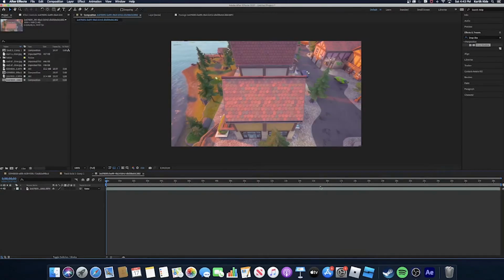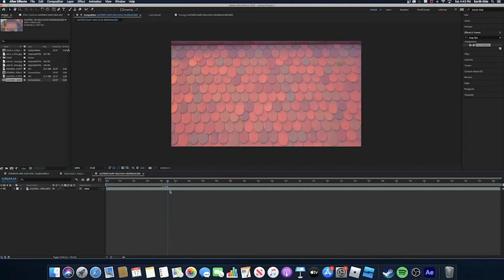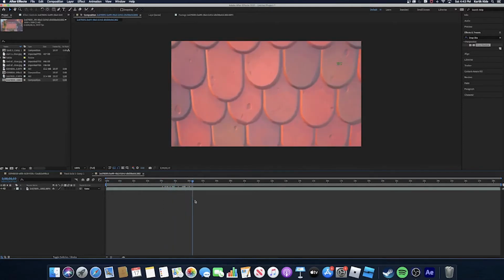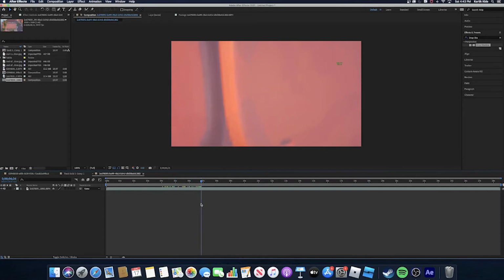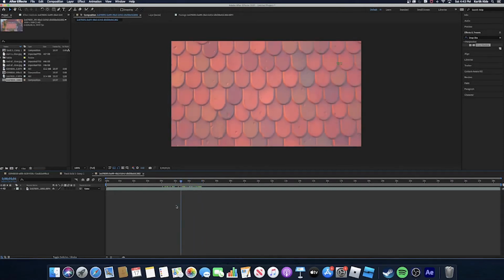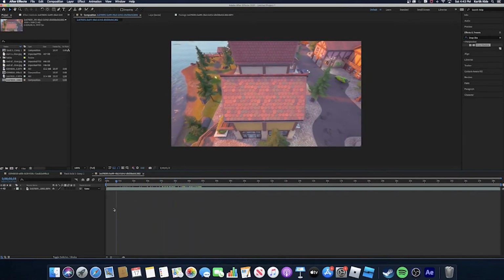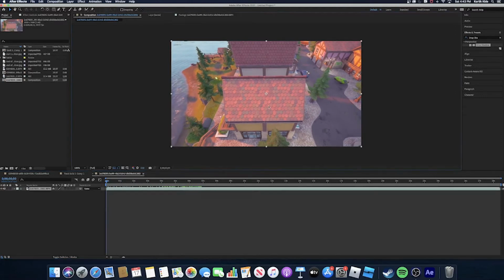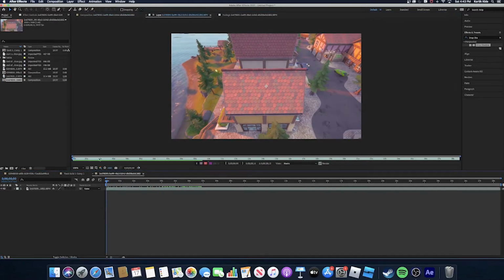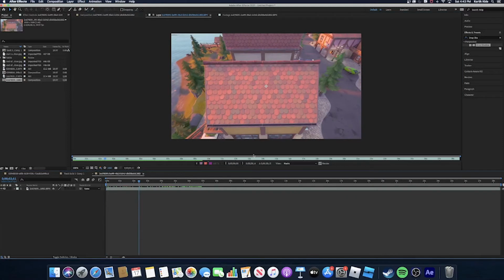Alright, so the first part of the transition finished rendering, so what we're going to be doing is the second part of the transition, where it's going back into the gameplay. So before we track it, we have to first find the point on where it's going into. I think it's going into this spot exactly right here, which I think I have to remember. So what we're going to be doing is going to animation again and track camera if I can, but